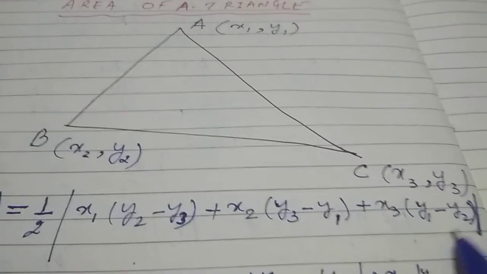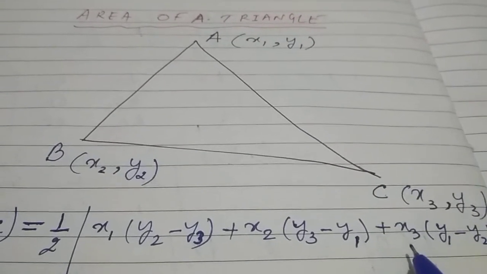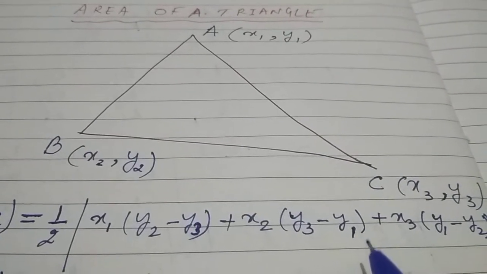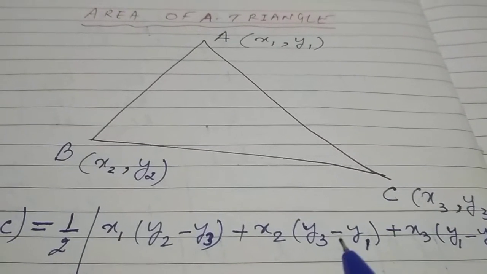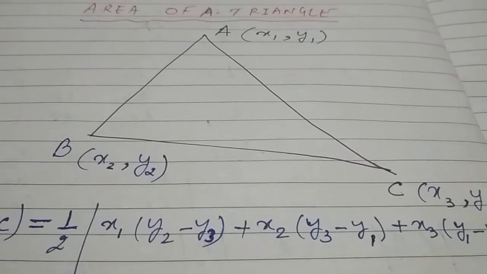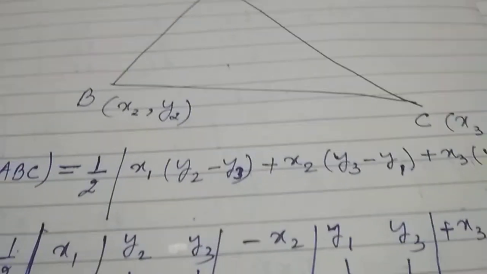This you have studied in 10th standard, and it can be easily derived also. You draw the lines on the Cartesian plane, and with the help of areas of trapezium you can easily find it out. Okay, now with the help of this, if we try to write it in this way,